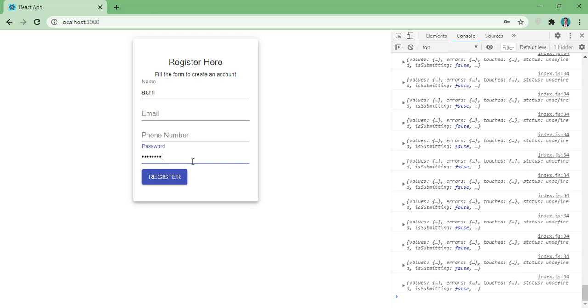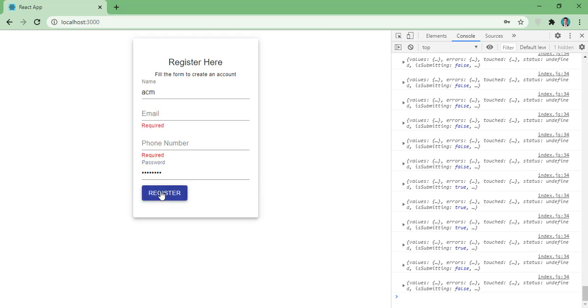Okay, so now if I hit register here, these two required fields I haven't filled, so I will get this error. As of now you might have noticed one more thing, that we are not getting the star asterisk symbol here.